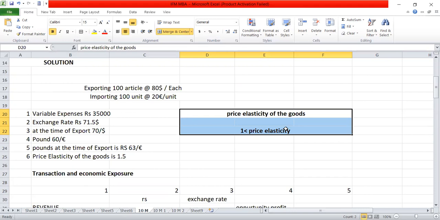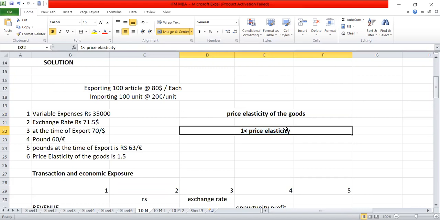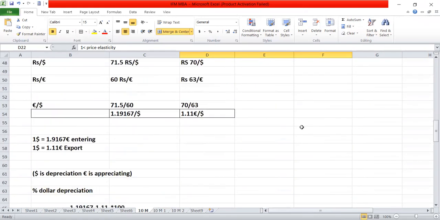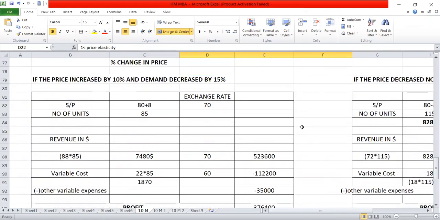Very simple. Always the price and demand have an inverse relationship. If price is increased by 1%, demand will fall by 1.5%. If price is decreased by 1%, the demand will be increased by 1.5%. So you can say like this: if price is increased by 100 rupees, the demand will decrease to 85. If price is decreased to 85, the demand will be increased to 100 rupees. It means it's always an inverse relationship.